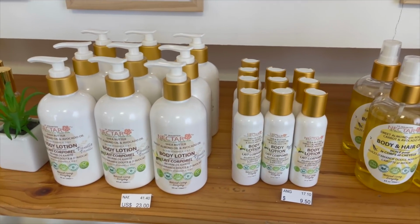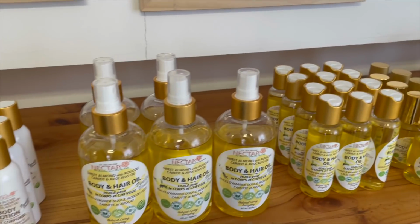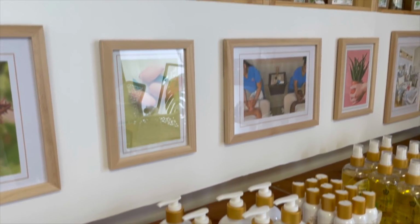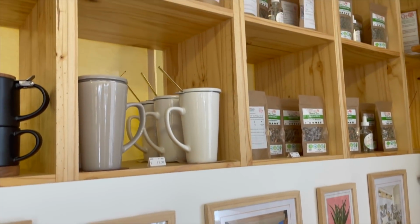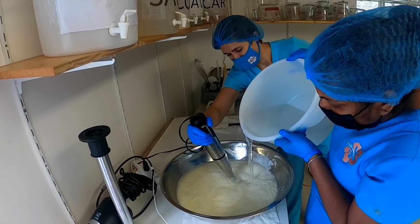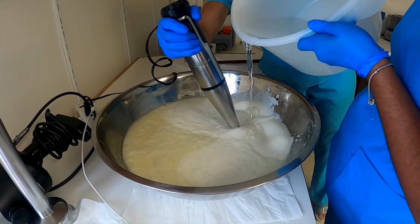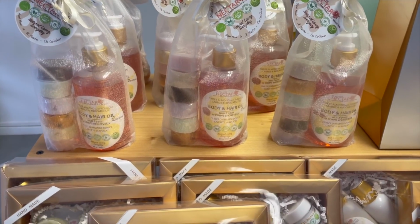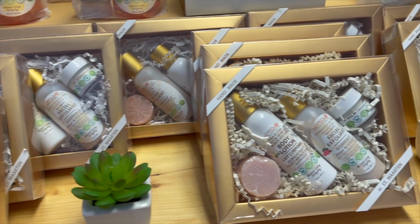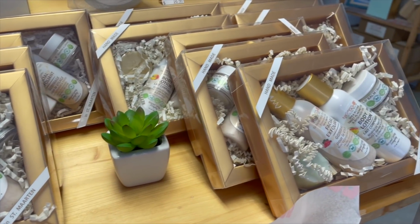If you're looking to find some locally made goods, Maarten Nectar, located in Cole Bay, handcrafts vegan skincare, hair care, tea, and gift sets. They also offer classes where you can experience creating the products on site. Be sure to stop by to check out some of our favorite products. The bug repellent, the sunblock, and the after sun lotion are just a few of our favorite locally made pure